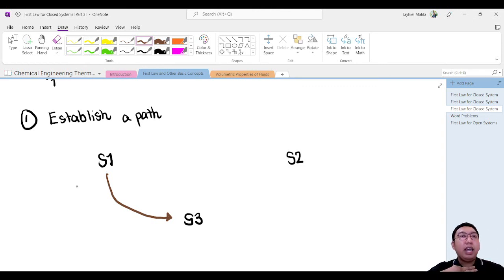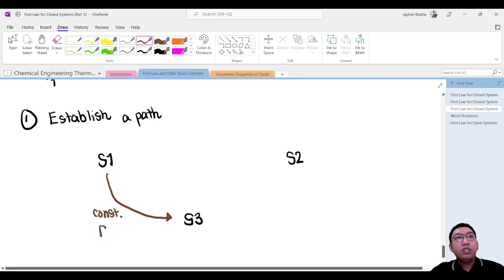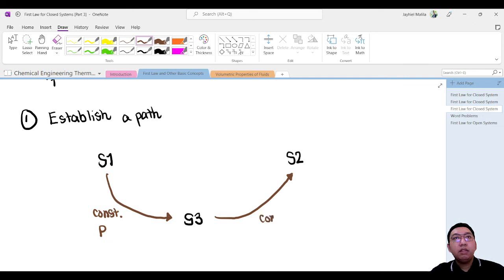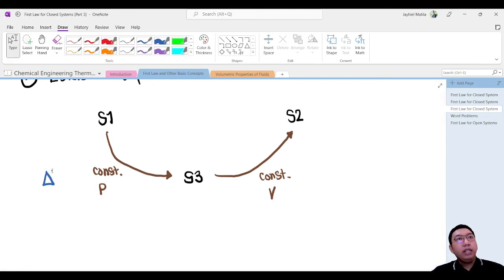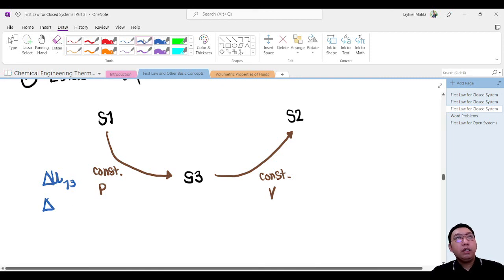So if I declare that my state 1 to state 3 is constant pressure, and then if I declare that my state 3 to state 2 is constant volume, keep in mind that whatever values of delta U from 1 to 3,